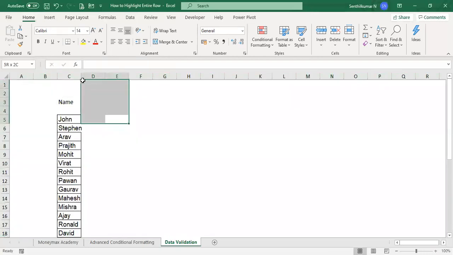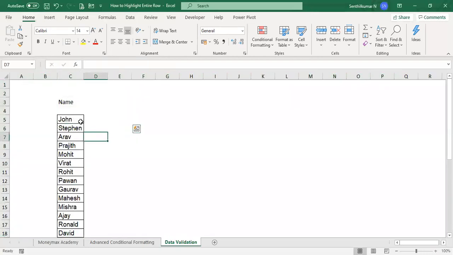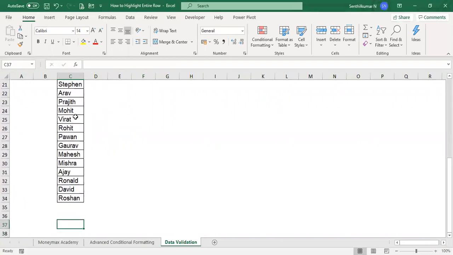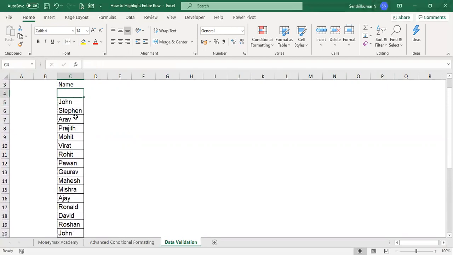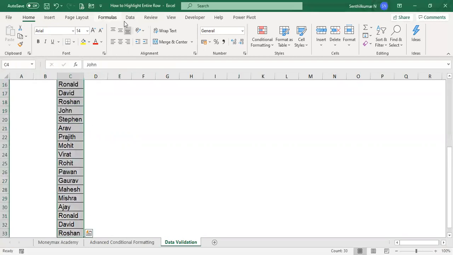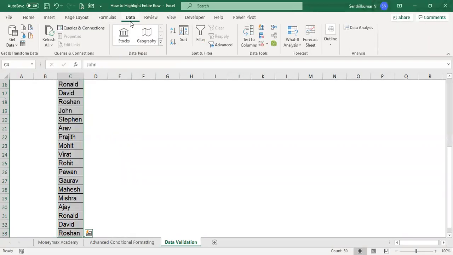Now you know all the names are duplicated. Some names are available more than once. You don't want to maintain all the duplicate names. What is the shortcut? Select the data, go to the data menu, and choose remove duplicates.